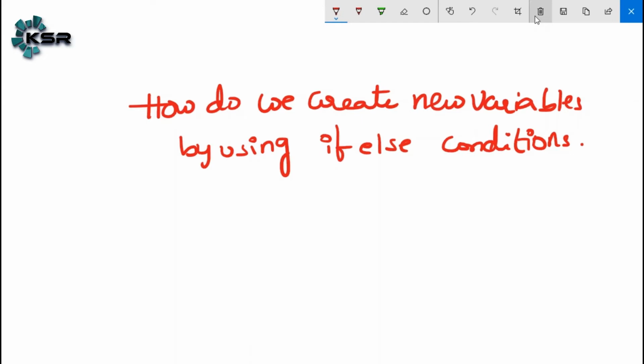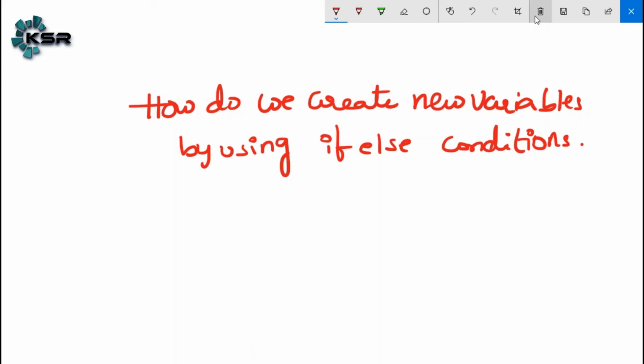First let me explain the syntax. Let's say if gender is equal to male, we need to write 1, else we need to write 0, as an example. How do we write that?